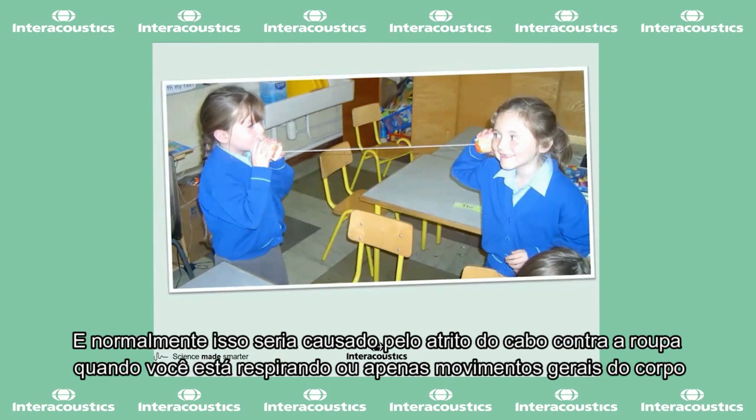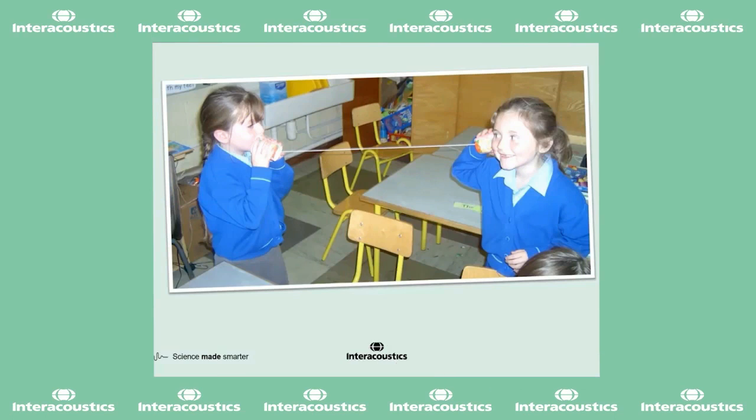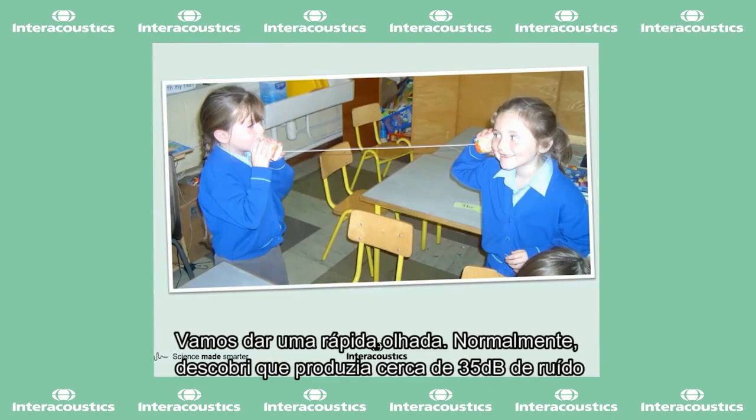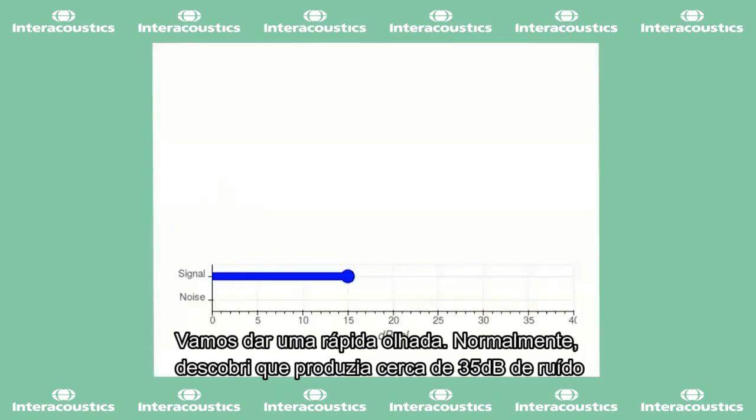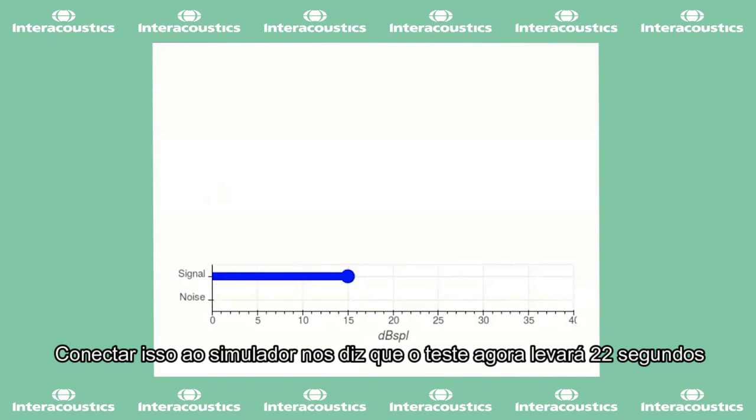And typically that would be caused by the cable rubbing against clothing when you're breathing, or just general movement of the body or the cable against the crib or the person holding the equipment, for example. So let's have a quick look. Typically I found that introduced around 35 decibels of noise. So again, plugging that into the simulator tells us that the test would now take